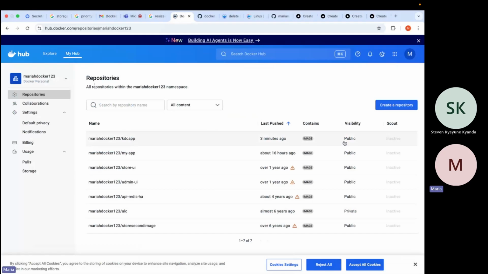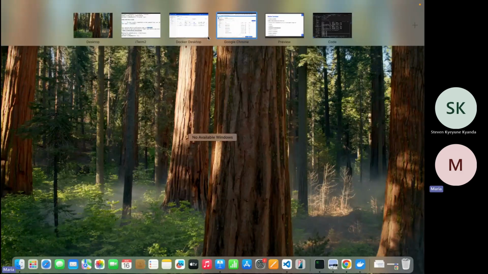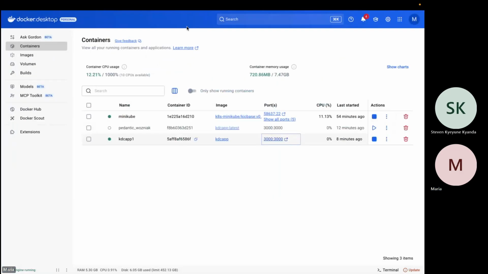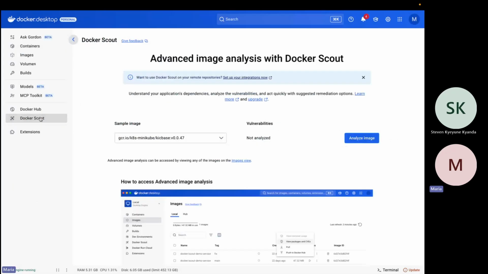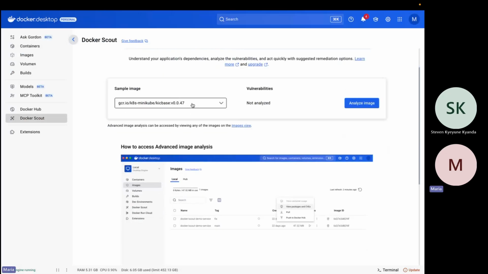This part of Scout being inactive. Scout is a new feature that was introduced recently. You can run Scout to check for any vulnerabilities, any issues in your image. How? You can run the CLI with docker scout, or you can come to your Docker Desktop, click on Analyze Image.